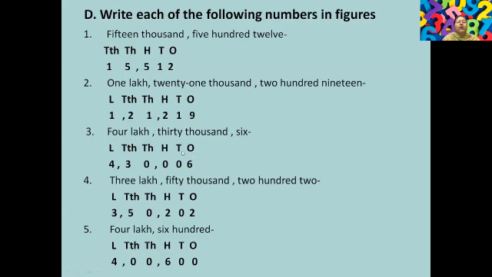4,30,006. Again, ones, tens, hundreds, 1,000, 10,000, lakhs. 4 lakhs, so under lakh, you're writing 4. 30,000 under 1,000, you're writing 30. No hundreds, so just put a 0 here. And 6, you put a 6 and a 0 here. Now the fourth question,